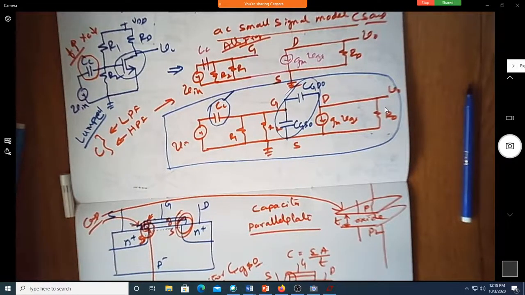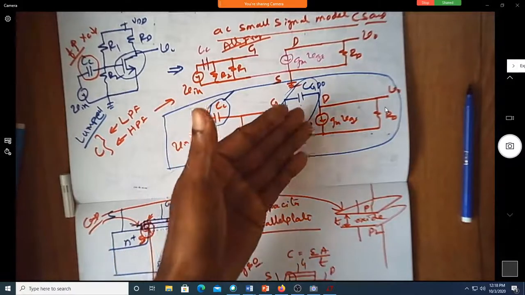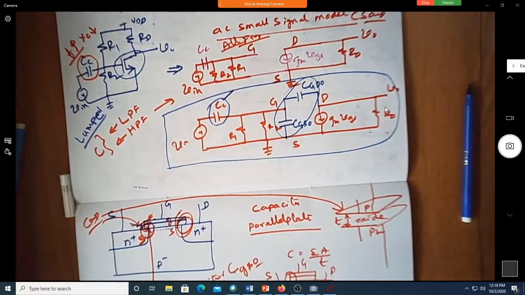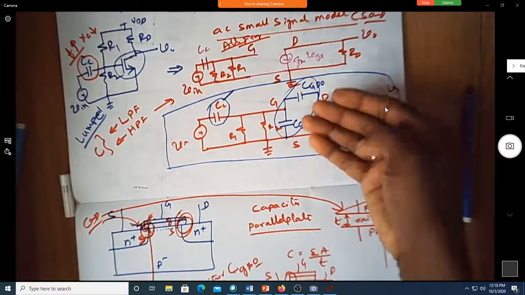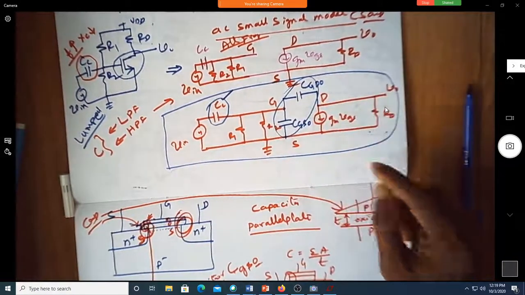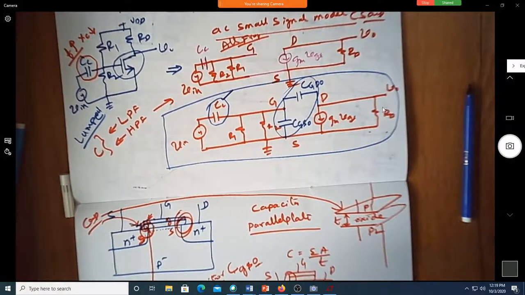Now I will not touch upon the things which are already there in the video. I'll just assume that you have already watched the video. Now I'll just go from here to the next stage, because there is no point doing derivations again and spending time just deriving things. You go through the video, try to understand what is the next stage of this. So is there anybody who has gone through the video?